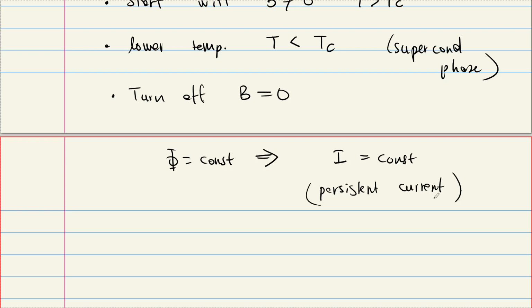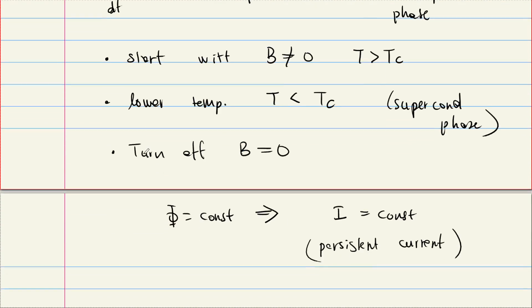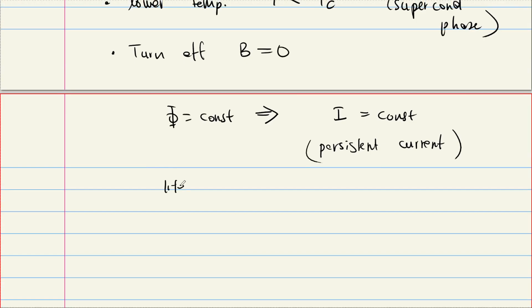After you turn off the external magnetic field, you can always go and look at the flux. Measuring the magnetic flux is the easiest thing in an experiment. And by measuring the change in the flux, you can tell about the change in currents. Typically, in experiments, the lifetime of phi, or lifetime of current, is about years. You just generate this current and leave it be, and for years and years the current just keeps flowing,